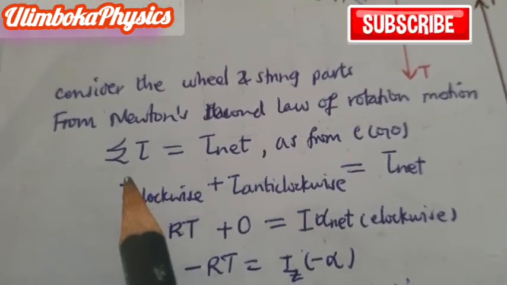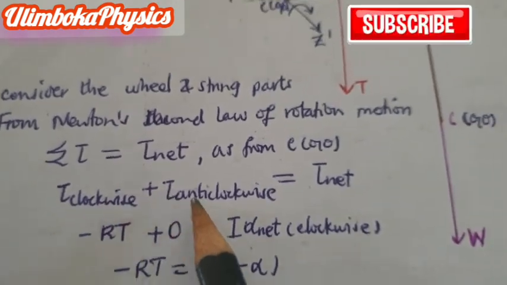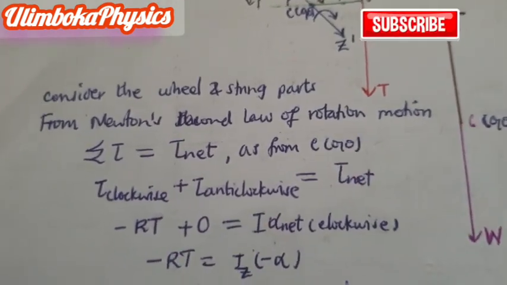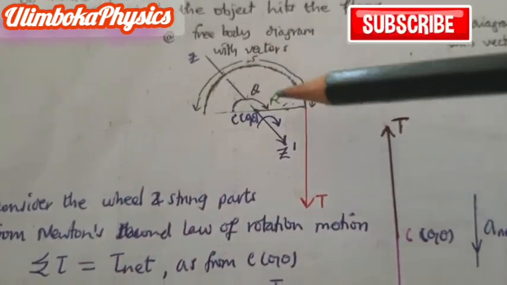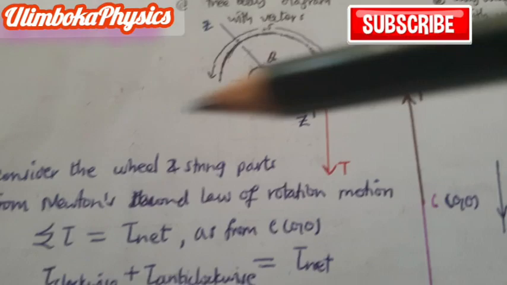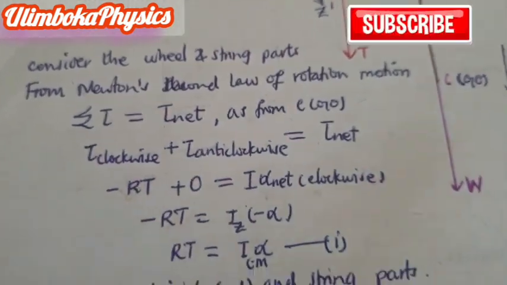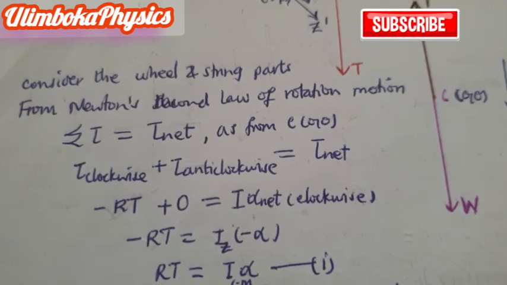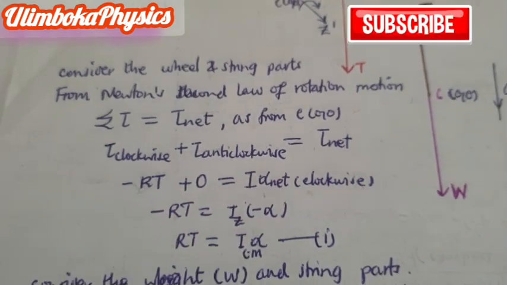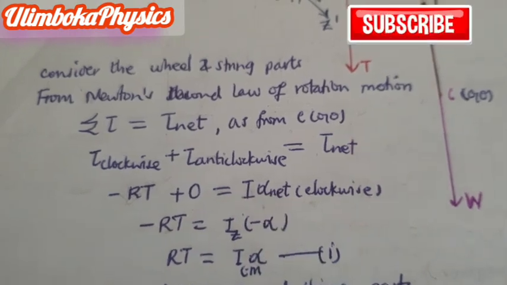When we consider the sum of torque here, we must add clockwise and anti-clockwise torque, which is equal to net torque. On the side of anti-clockwise, we don't have any torque here, therefore it is 0. While in clockwise, we have torque, which is negative to indicate it is clockwise, r times tension T, which is equal to the definition of net torque from moment of inertia and angular